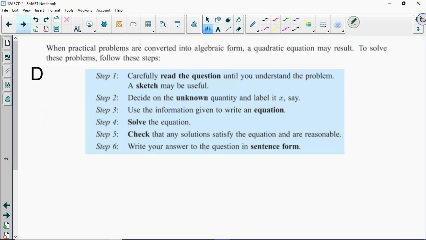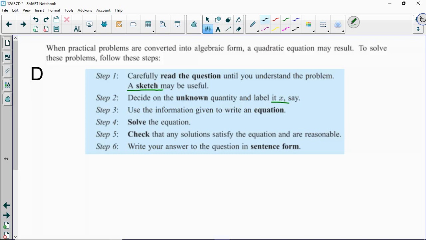So what are we going to do? Carefully read the question until you understand the problem. Sometimes drawing a picture is going to be very helpful for you to do this. You're going to want to get a variable into your work somehow. You could use X, you could use any letter that you want. Maybe sometimes using W might make more sense if you're dealing with the width of a rectangle or something. But the point is, get some variables out there, okay? And then write down an equation. At that point, just use one of the techniques we just talked about, solve the equation, check your answers,